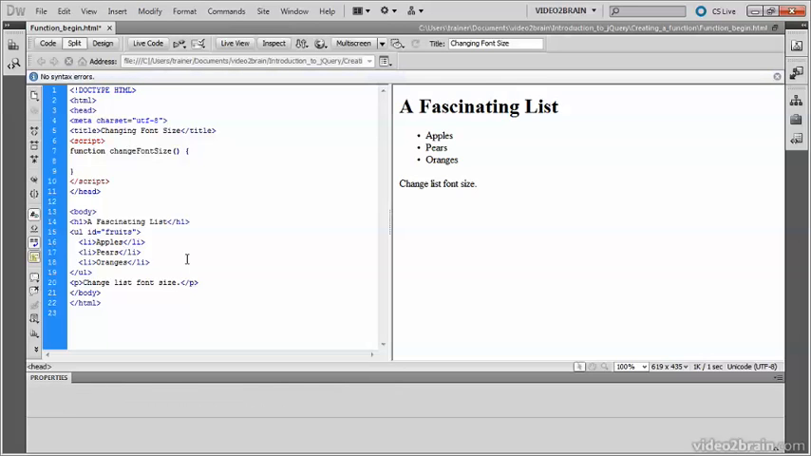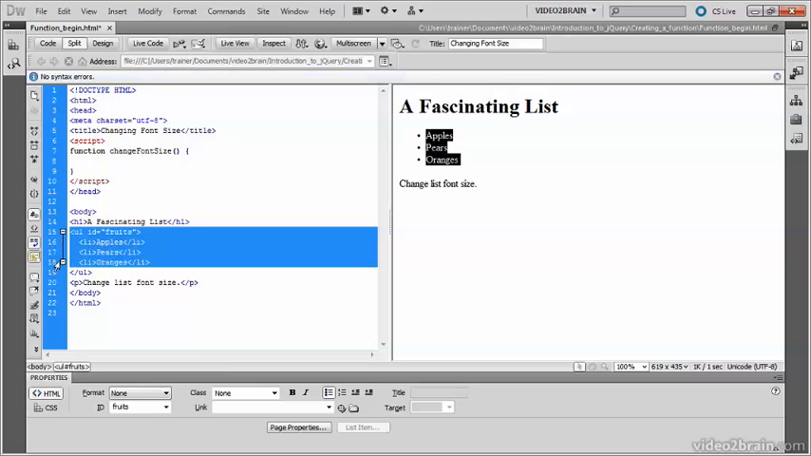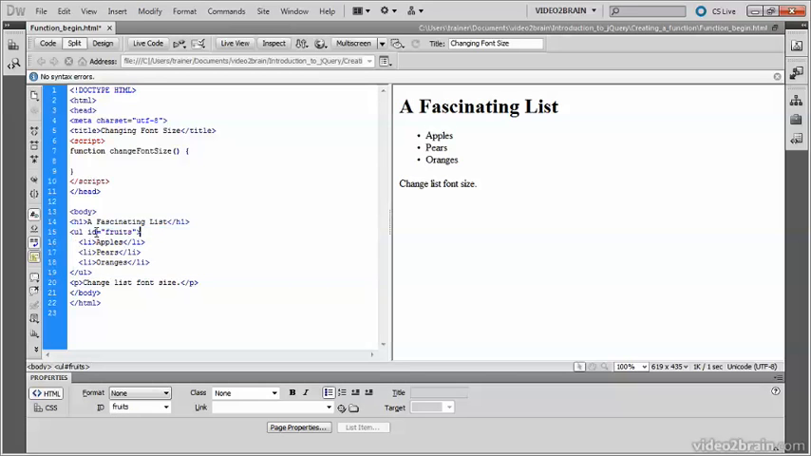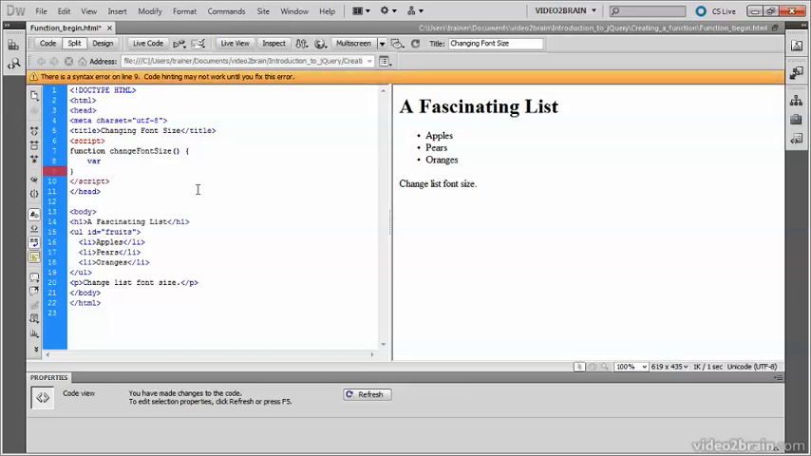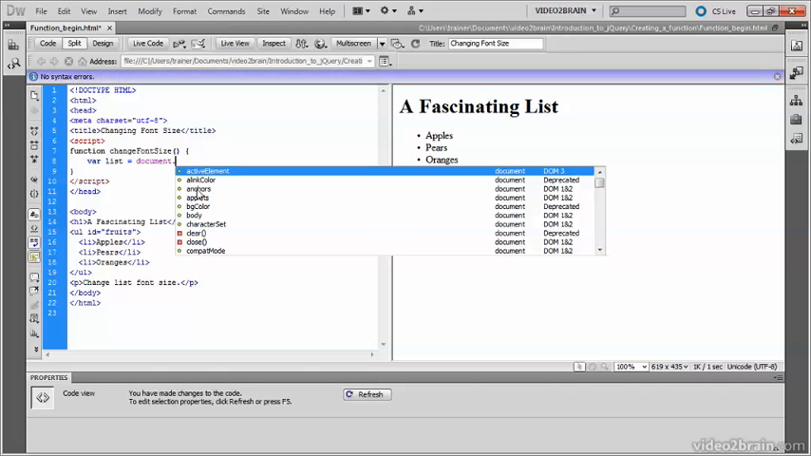The function is going to change the font size of this unordered list. So I need to be able to get a reference to it, and the way in which I can do so is through its ID. I'm going to be referring to this list several times inside the function, so I want to store a reference to it in a variable. And to create a variable, you use the keyword var, and then a name, and I'm going to call it simply list. And to assign the value to the variable, an equal sign, and then document followed by a period,